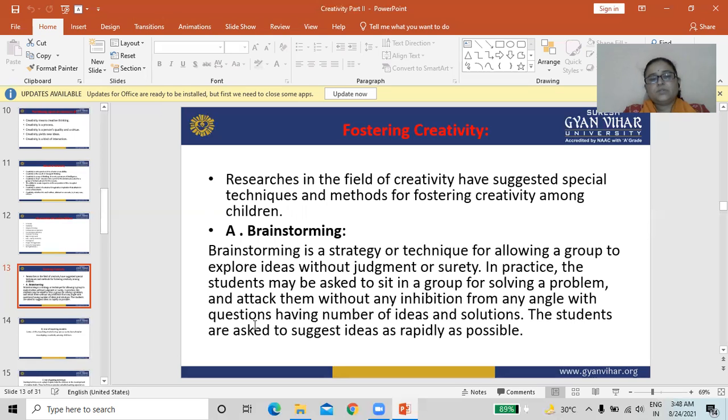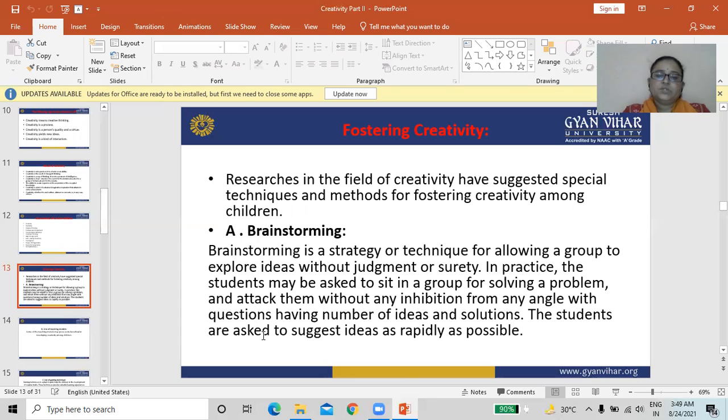Brainstorming is a strategy or technique for allowing a group to explore ideas without judgment. The students may be asked to sit in a group for solving a problem and attack it without any inhibition from any angle.